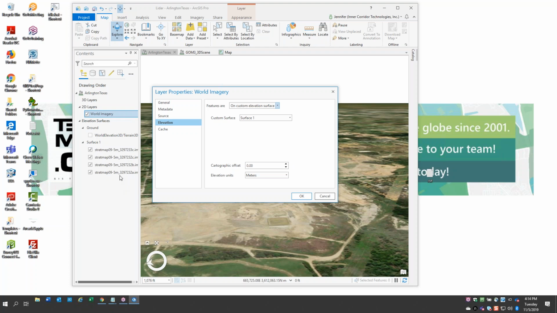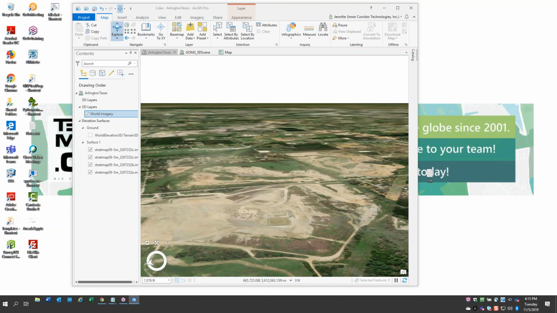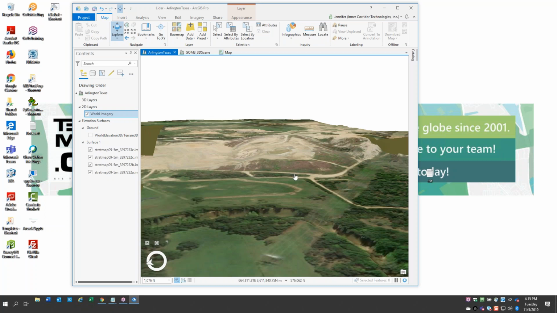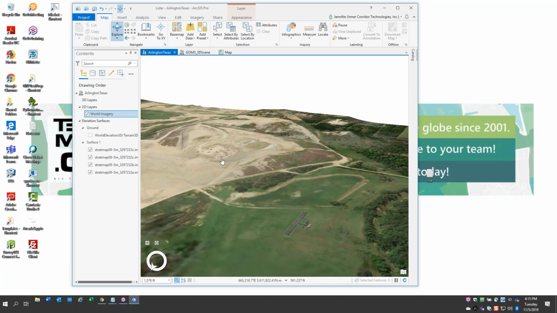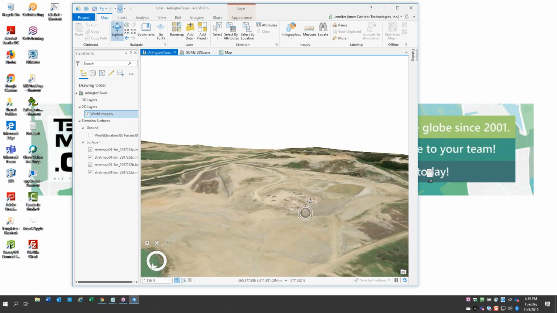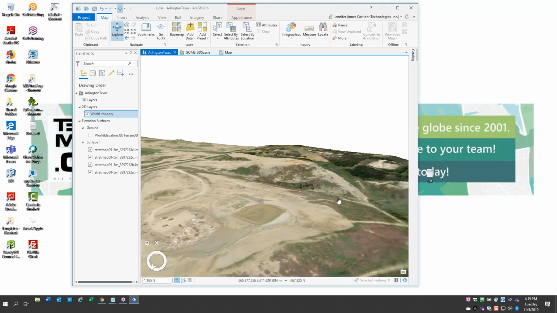It's actually in 4 different pieces. So I have 4 different LiDAR files, elevation data created from LiDAR files. And I'm going to say, okay, imagery, grab your elevation from this guy instead. So you'll see that the LiDAR gives me a lot more detail in the area where I'm working, not only detail of existing features, more detail over here, but I can also see temporal data or changes that are going on because of this construction